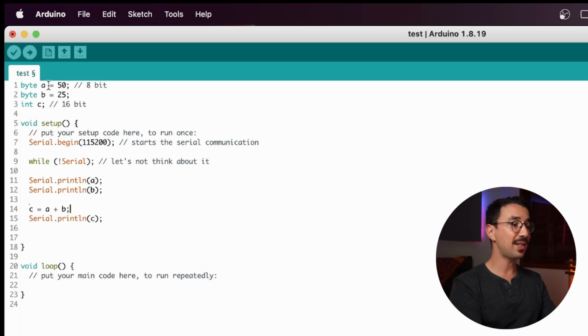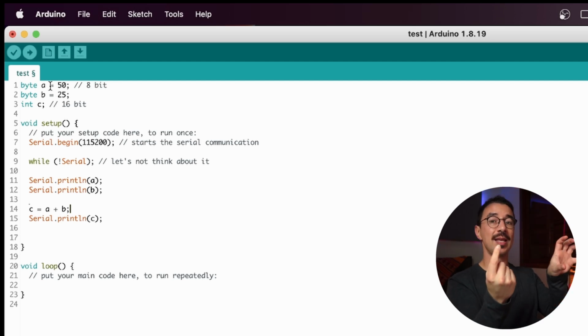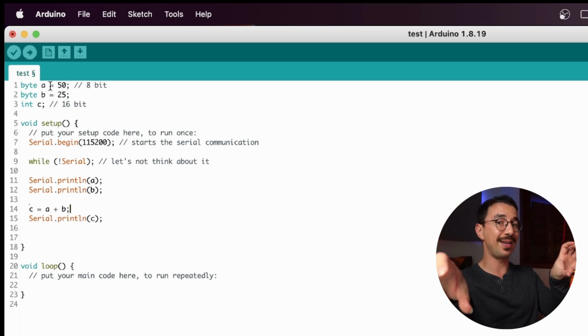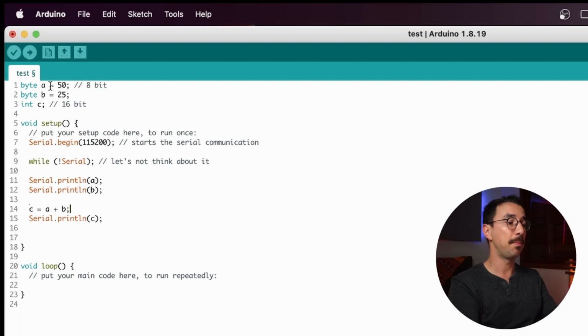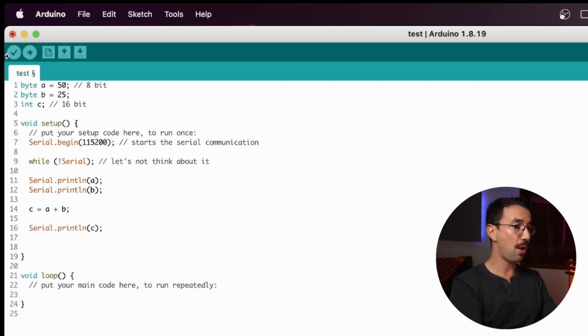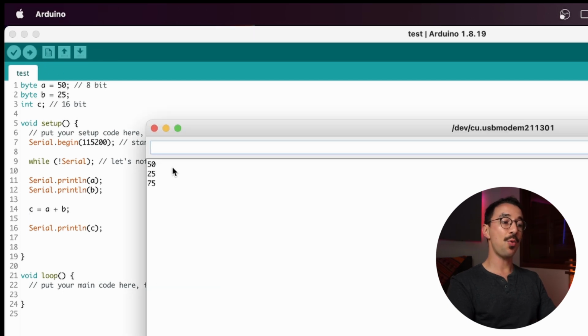Every time we have one equal sign, we are storing what is after the equal sign in the variable that is before. So now, let's see what happens. Now we have 50 and 25 and then 75.